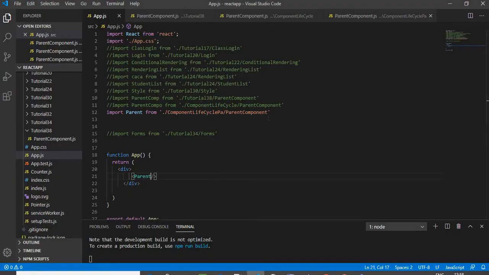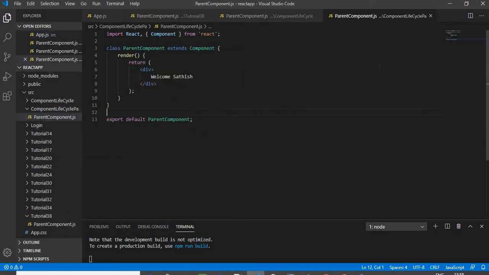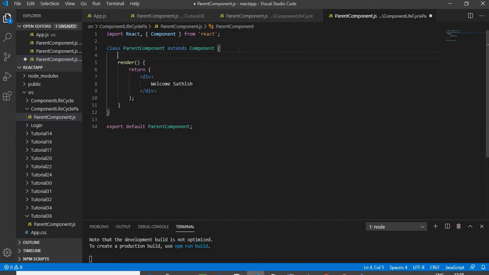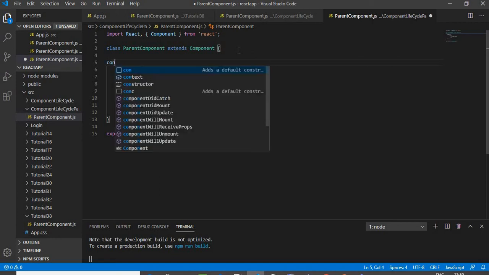So getting into the parent component file which we have created, at first I am going to create a constructor and inside that I am going to put console log information.